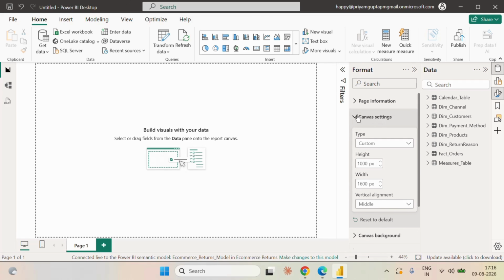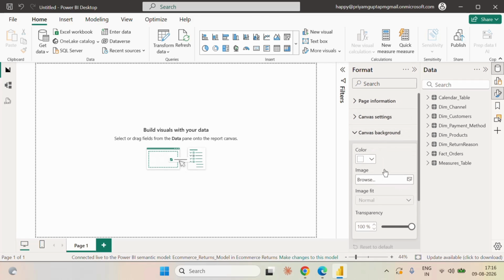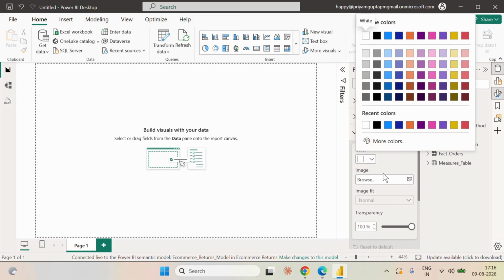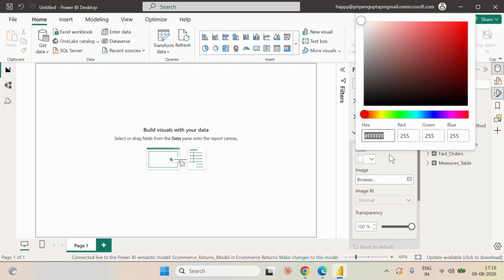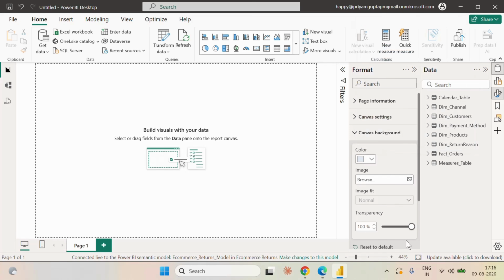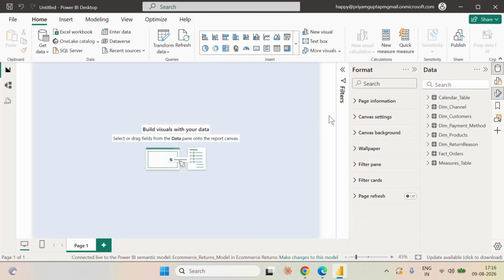Okay, now let me choose the background color, the color which we are going to use here. Let me choose E4EAF3. This color we are going to use, and let me give the transparency as 0. So now you can see,